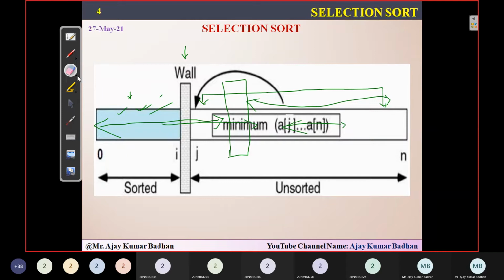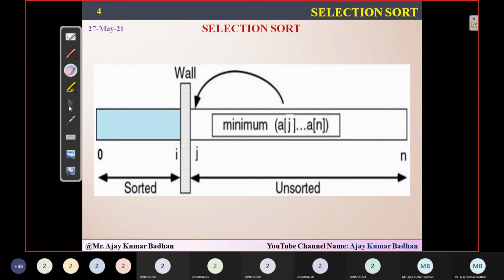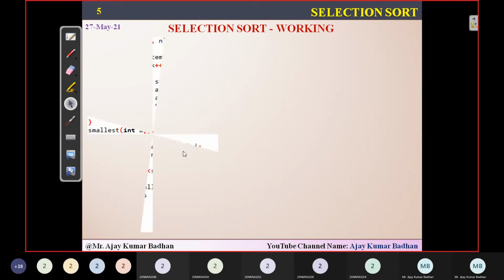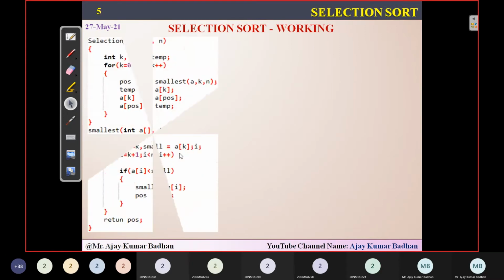This is exactly what is going to happen in this particular scenario. I will show you with the help of an example. Let's first see the algorithm related to this. This is the simplest algorithm that we have, but here we are going to use two different methods in this particular scenario.